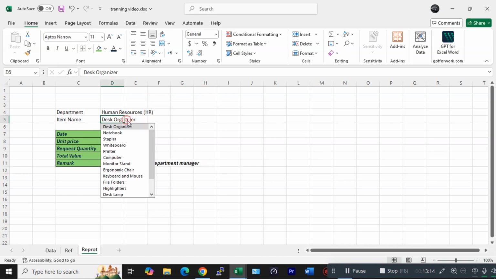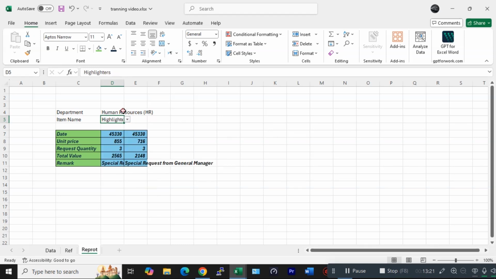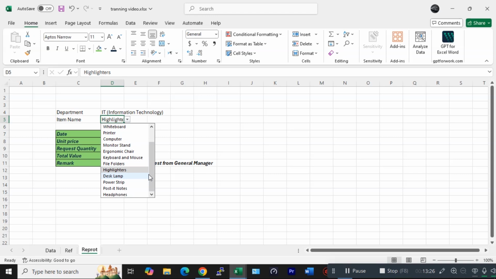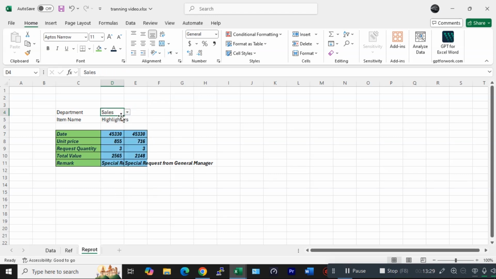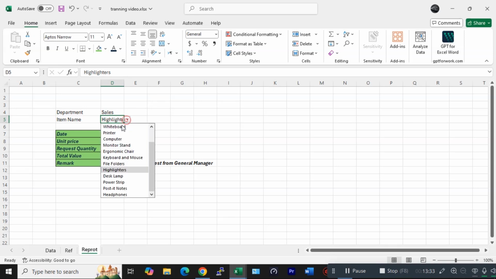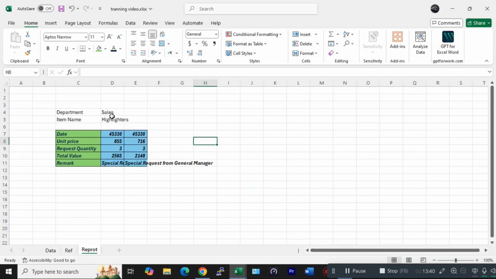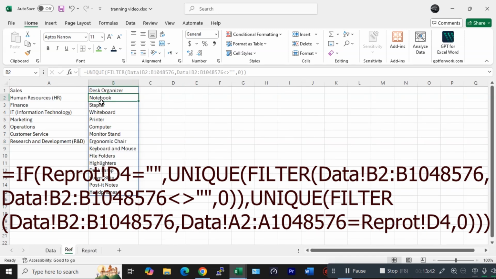Now the moment I select this one, it will change it. See, but it's showing all the list. See, it's always showing all the list. If I select the sales department, it should show only the sales, but it's always showing all the items. For that, we need to go here,